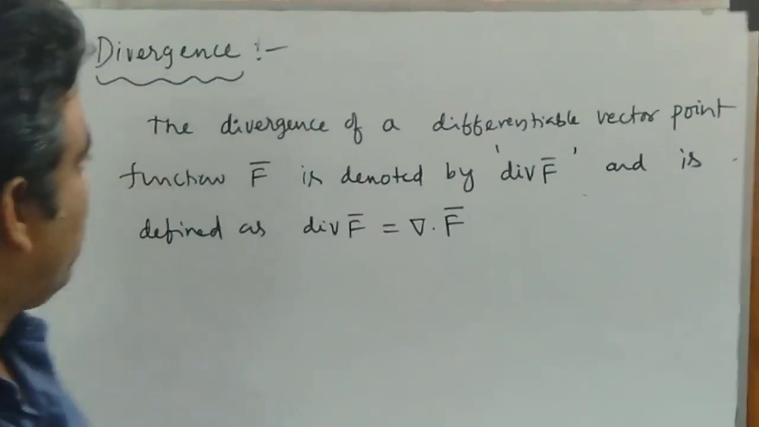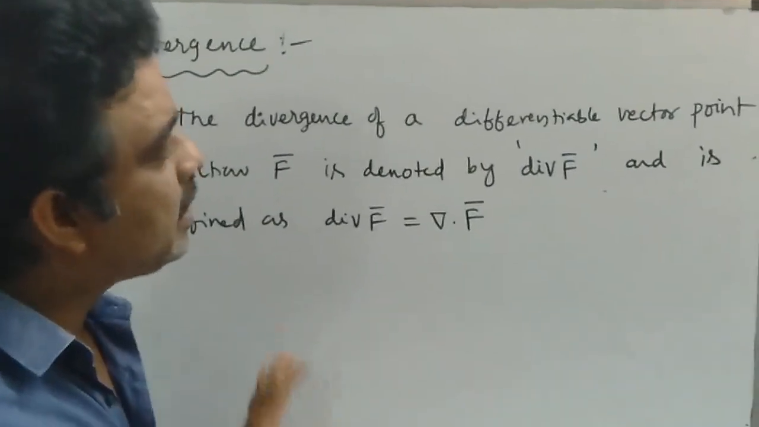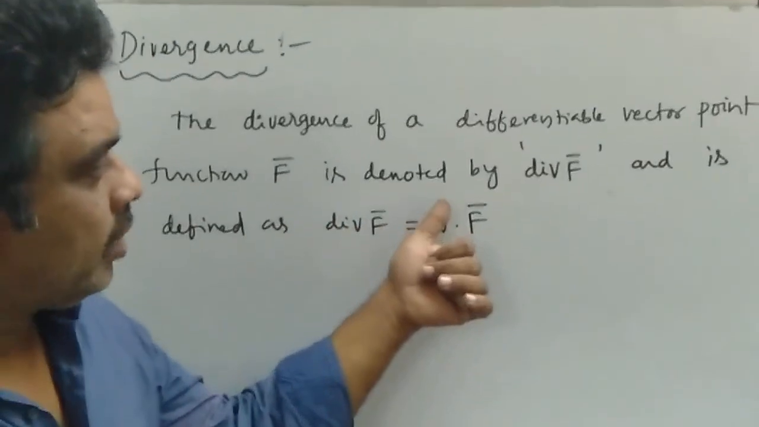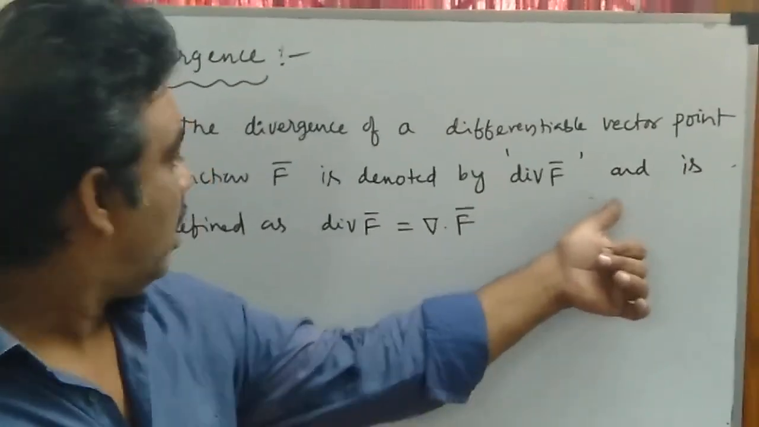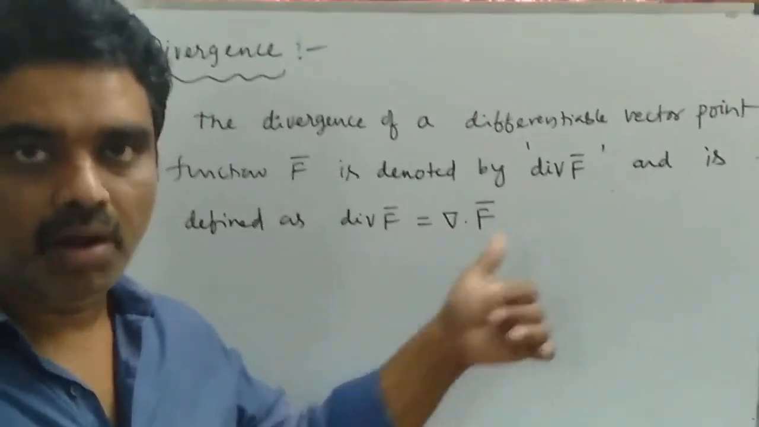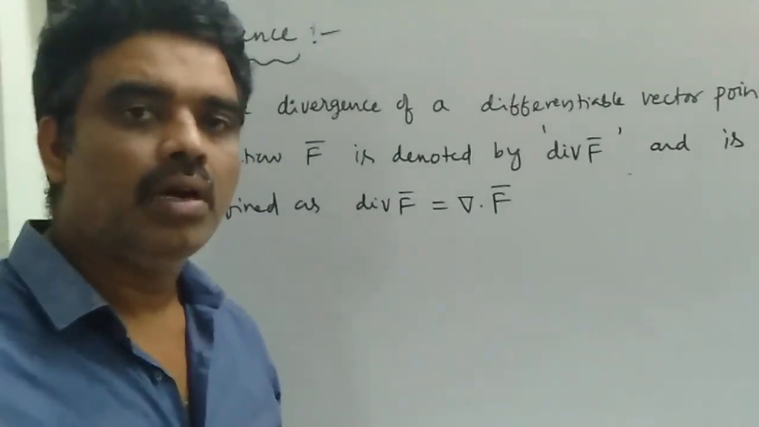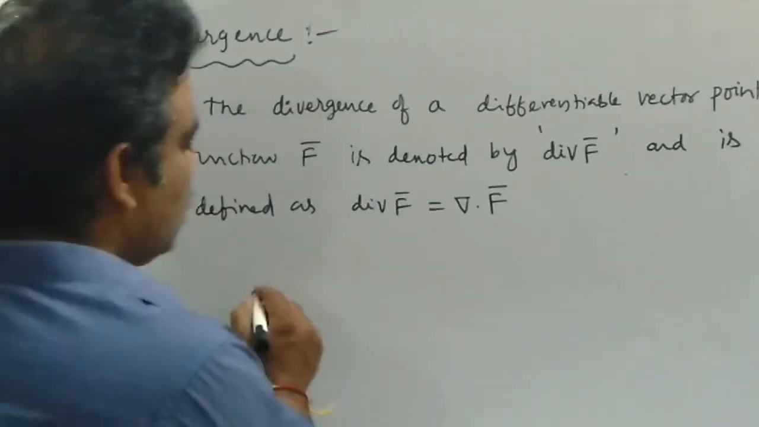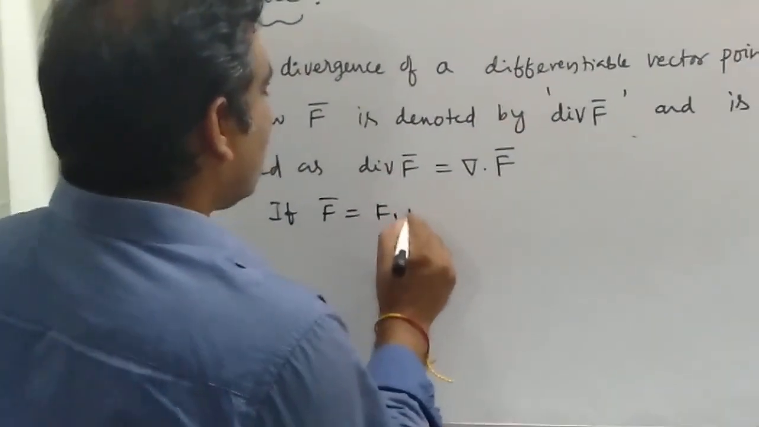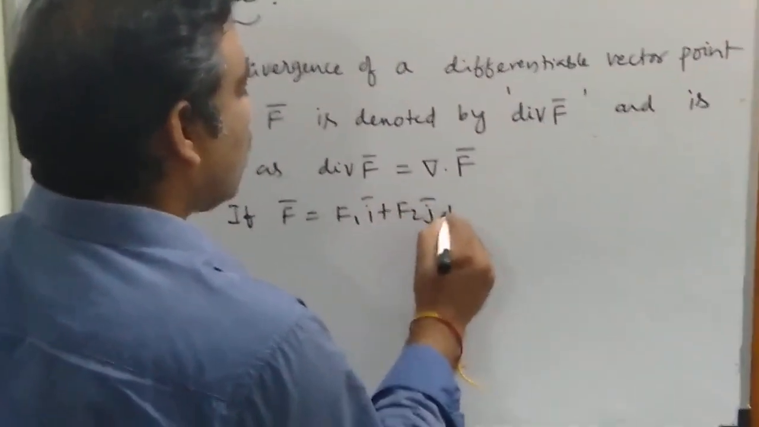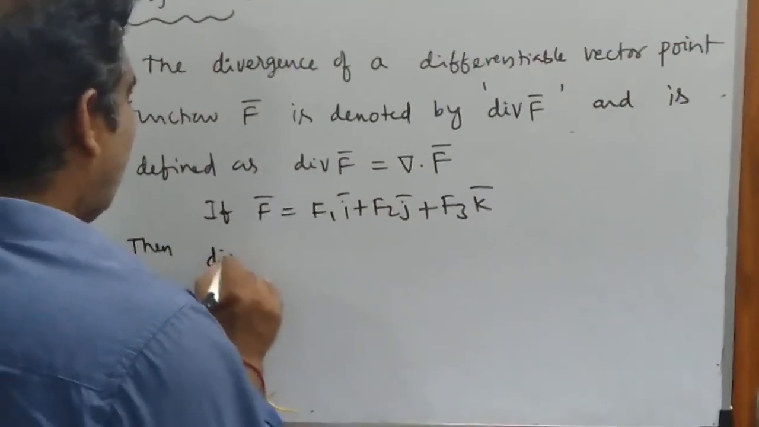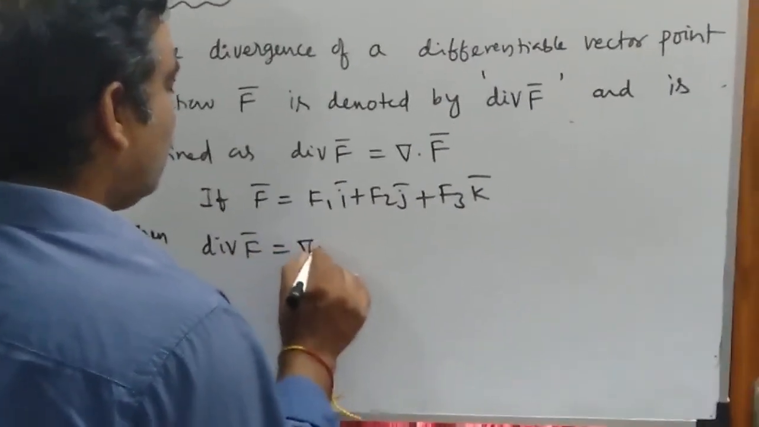Divergence. Next topic. The divergence of a differentiable vector point function f bar is denoted by div f bar and is defined as div f bar is equal to del dot f bar. Suppose if f bar is equal to f1 i bar plus f2 j bar plus f3 k bar, then div f bar is equal to del dot